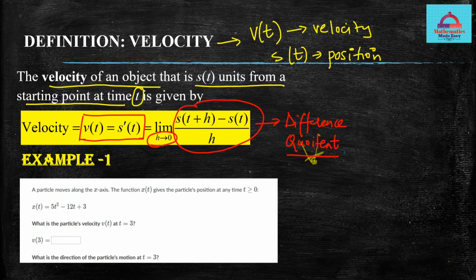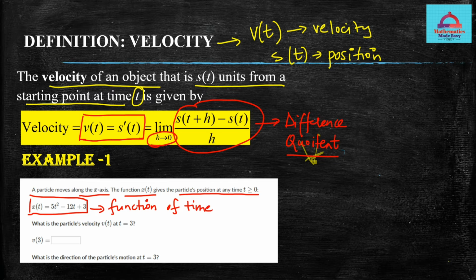So example 1, you are given that a particle moves along the x-axis. The function x of t is the particle's position at time t greater than or equal to 0. So the position vector is represented by x of t, which is equal to 5 times t squared minus 12t plus 3. As you observe, this position vector is a function of time. So when we are going to differentiate with respect to t, we are going to be getting our velocity. So let's calculate v of t first,